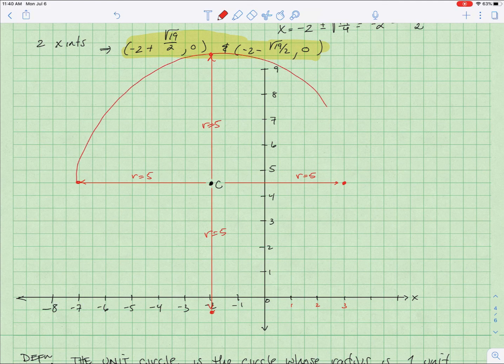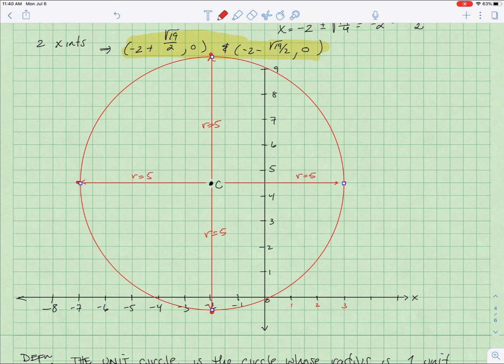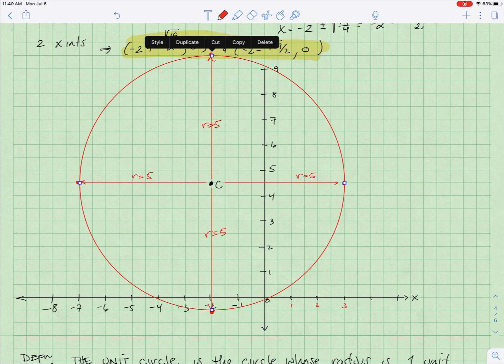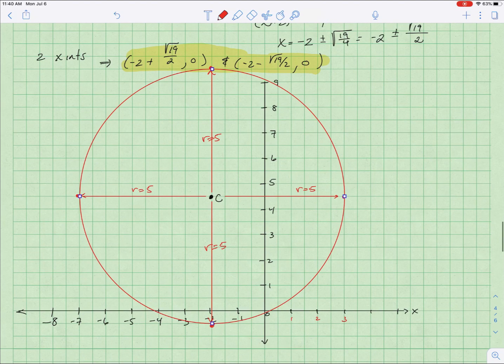I'll try to draw a circle. See how this goes. With the magic of technology, boom, that wasn't too bad. Something like that. So there's our circle. We do have our x and y intercepts. Let me extend this y-axis just a little bit. So let's see. I'll do those in blue. We have 2